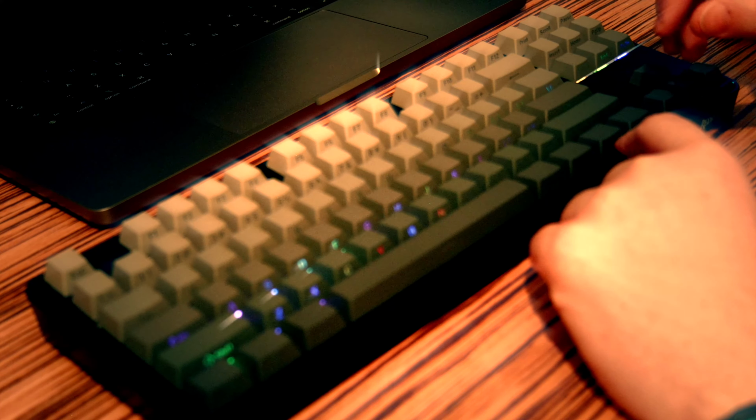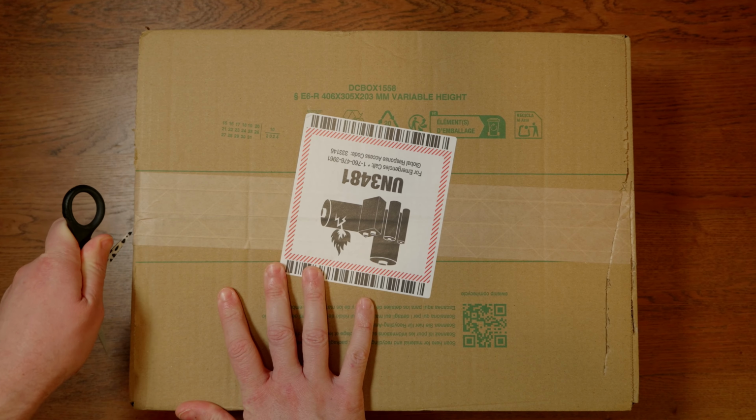Have you ever heard that saying, cheap things aren't good and good things aren't cheap? Well, what if I told you this keyboard turns that saying on its bloody head and proves that all wrong? You'd probably call me a big fat liar, wouldn't you? Well, let me give you 10 reasons why I think this keyboard might be the best gaming keyboard you can get under 50 quid. But first...